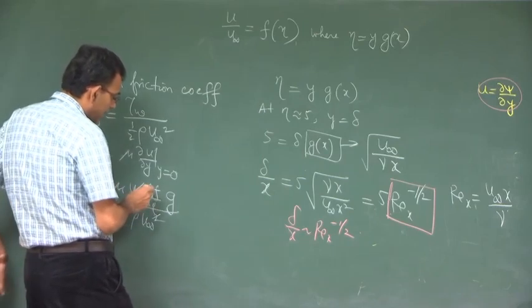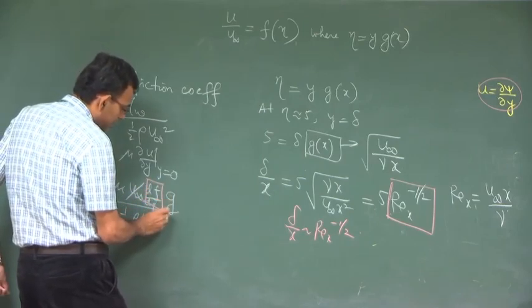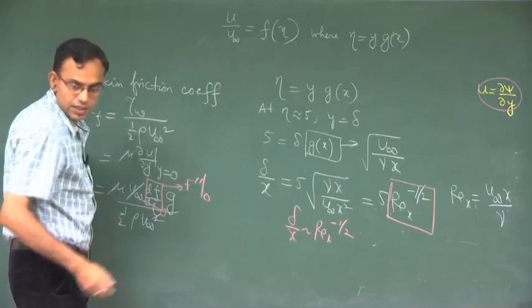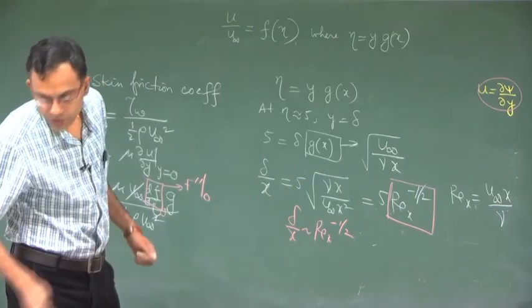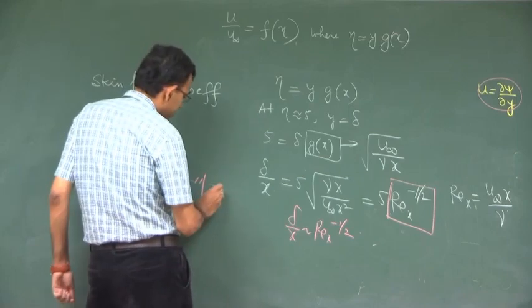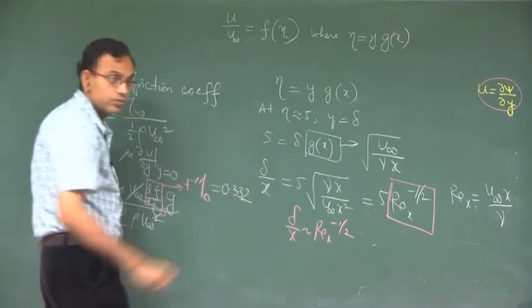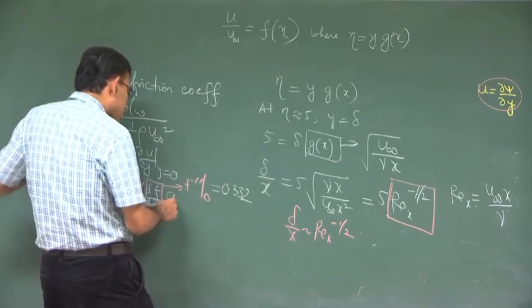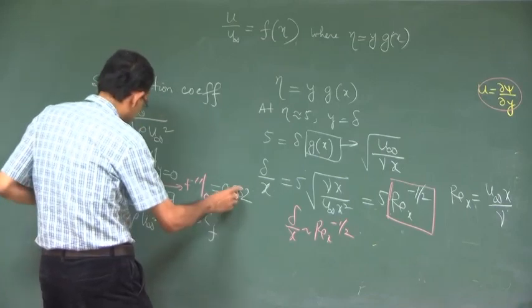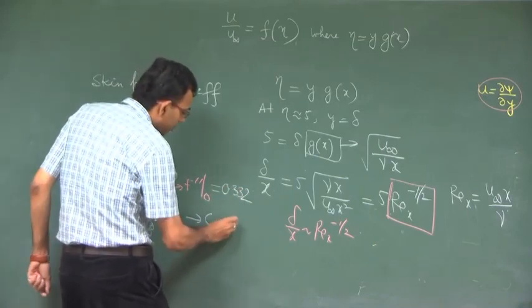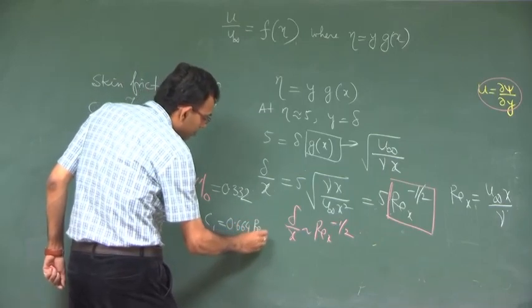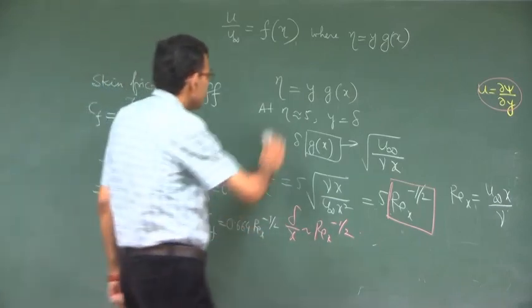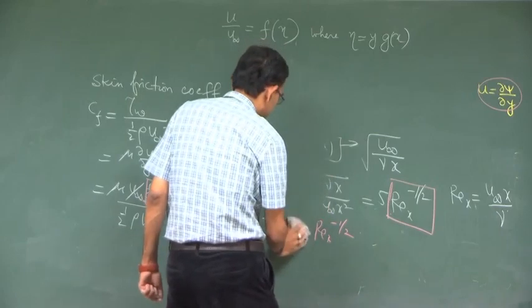So, df d eta at the wall, that is at eta equal to 0, this is nothing but f double dash at 0. This will come out to be 0.332 if you calculate this numerically. So, then if you substitute this g, this Cf, this 0.332 divided by this half will make it 0.664 into Reynolds number to the power minus half. And finally, we will calculate something called as drag coefficient.